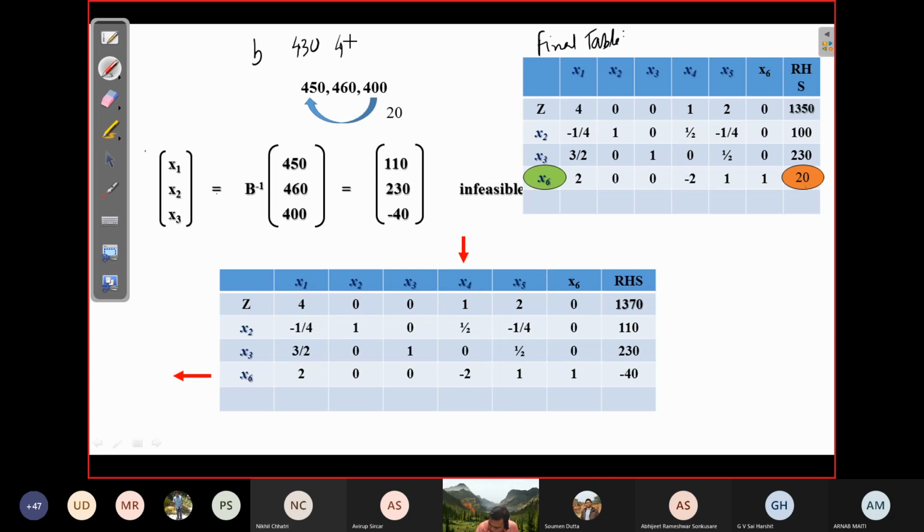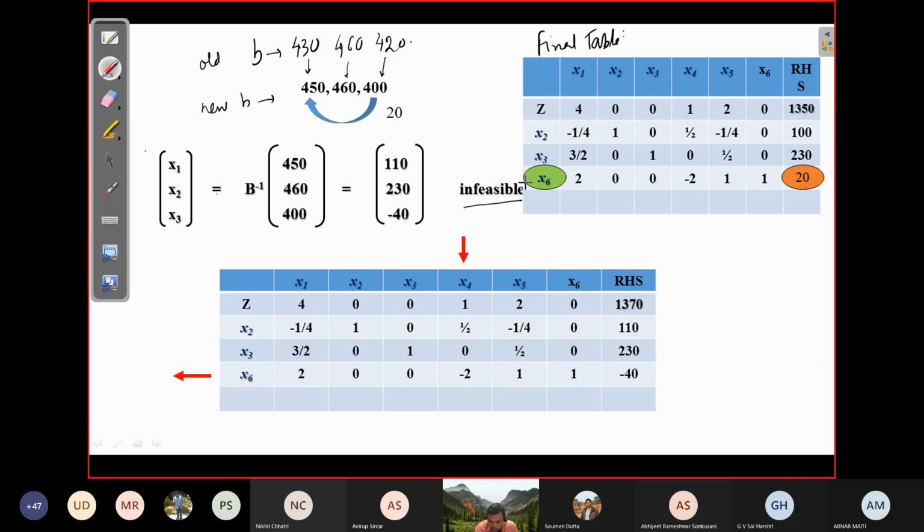So when you look at the original problem, 460 and 420. Now 20 units have been transferred to this, so now it has become 450. 460 is 460 and 420 is 400, right? So this is the new b, and this was the old b. And if you check B inverse b with this new small b, you get this 110, 230 and minus 40,